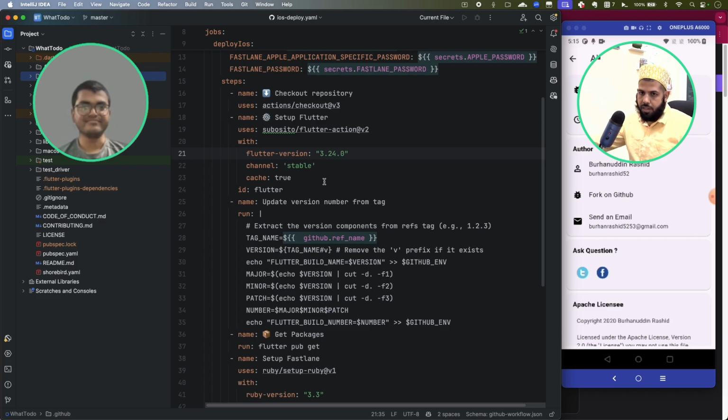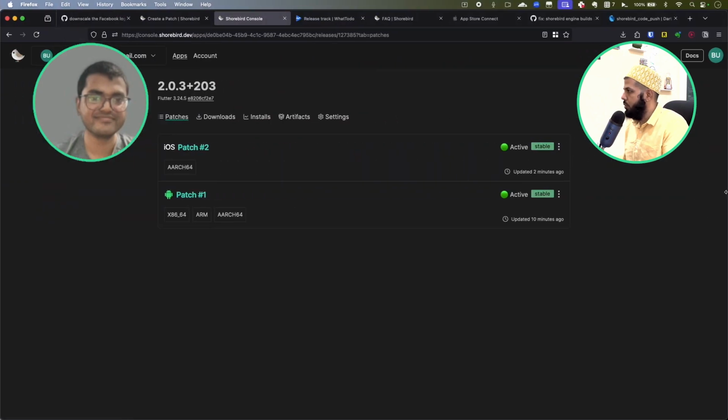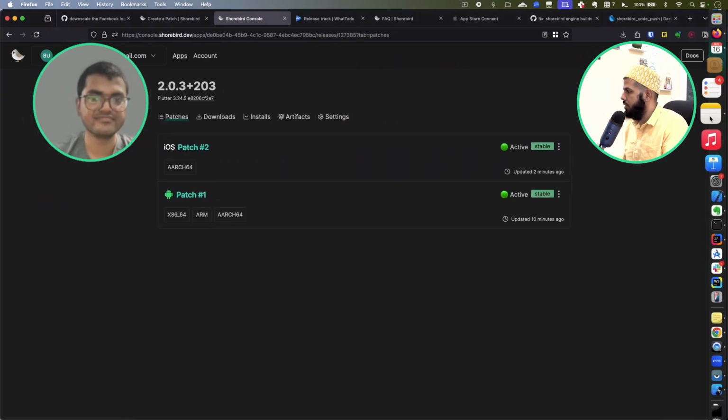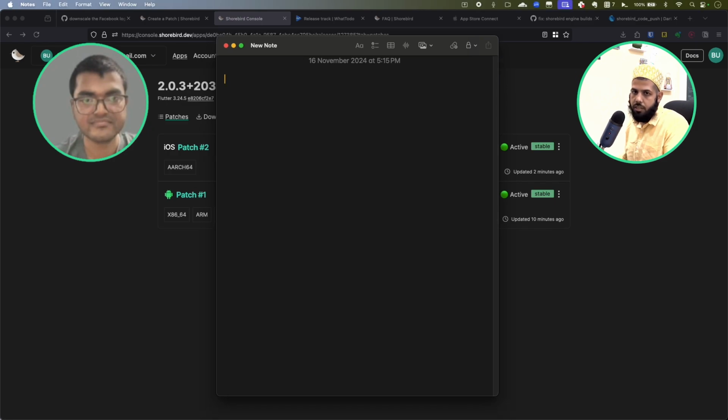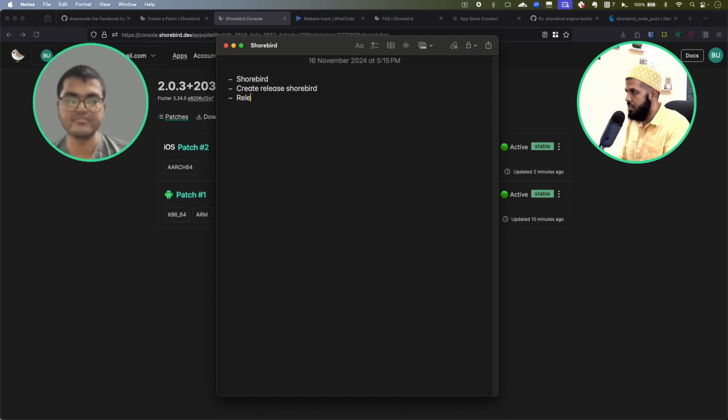Cool. I think the best way is I'll just create a note out of it, using what we did here. So first, we installed Shorebird, and then we created a release from Shorebird, and then we released to both app stores